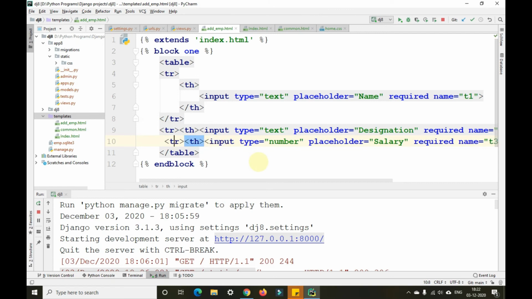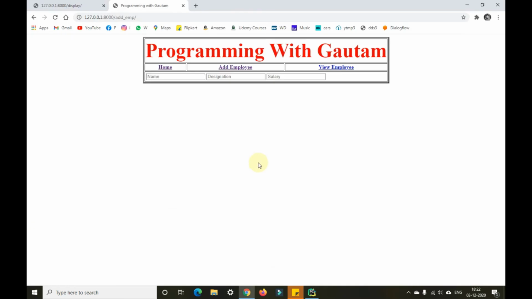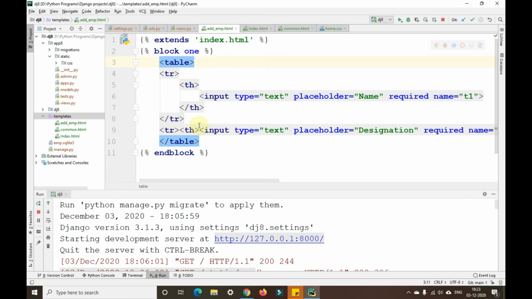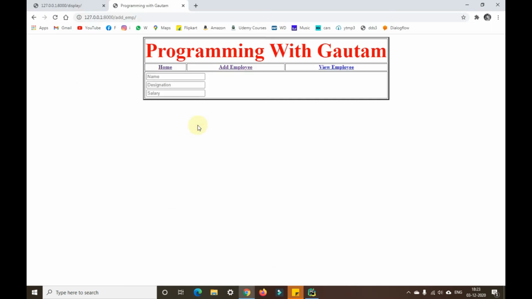Okay. So when I refresh this, everything will come line by line here. So we are getting everything here in a neat way when I go to add employee.